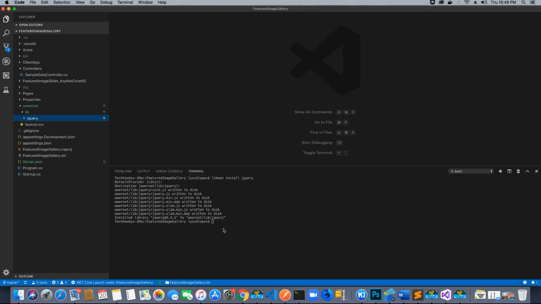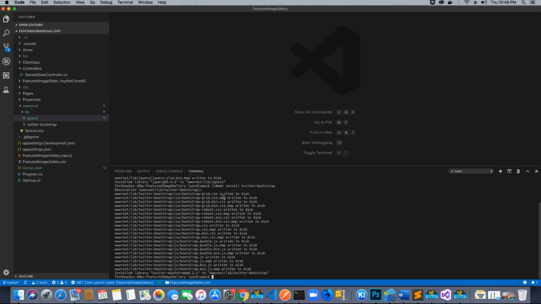Now jQuery is installed. The second package that we need to install is going to be Bootstrap. So let's install Bootstrap. The command to install the Bootstrap package is libman install twitter-bootstrap, and hit enter. I'll provide all these commands in the video description so you can copy paste them. So we'll hit enter for the destination,